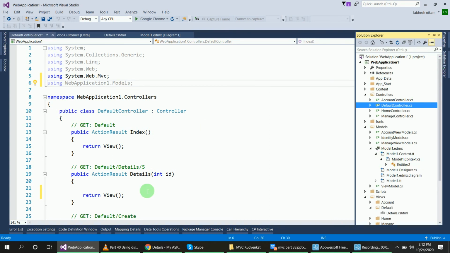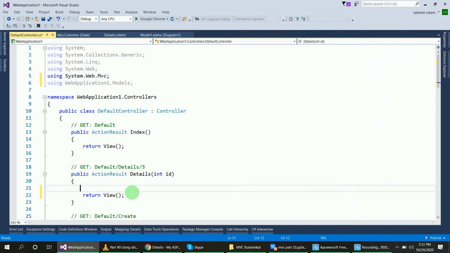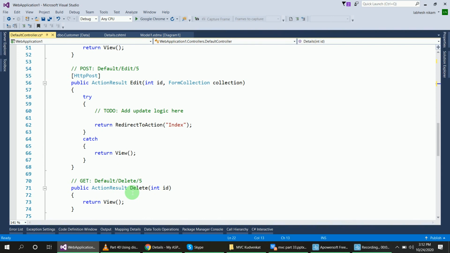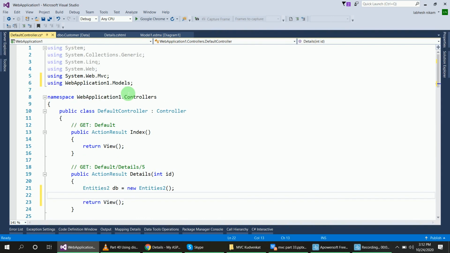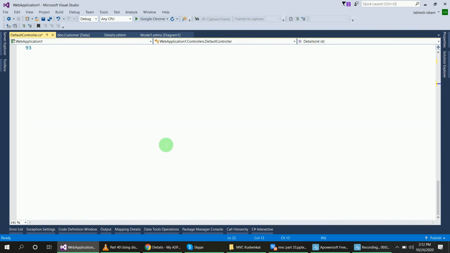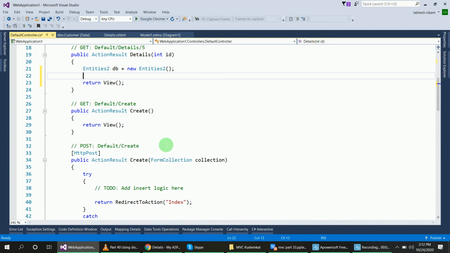Entities db equal to new Entities. Now we will access the table, which table? Customer.